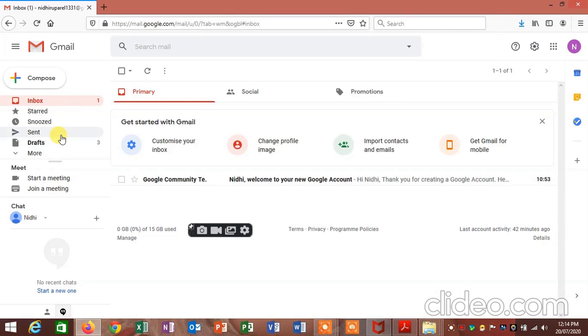The purpose of any email account is so that we can communicate with people at a time. With more than one person it is possible to communicate. It is very inexpensive. We just have to create the free account and you can start accessing your email. So you can communicate with your office people, you can communicate with your students, you can communicate with your friends, and you can share files.